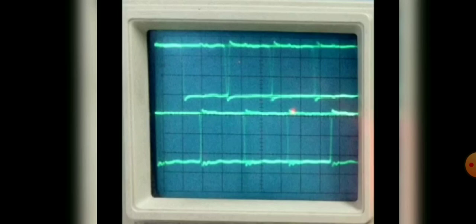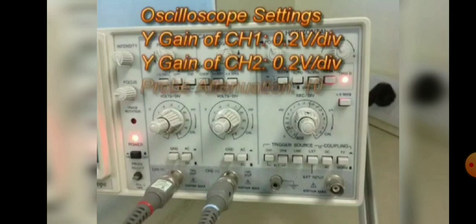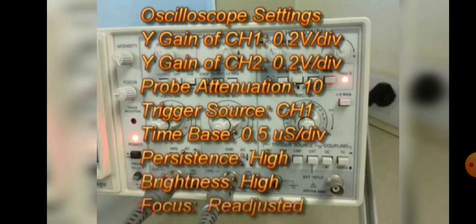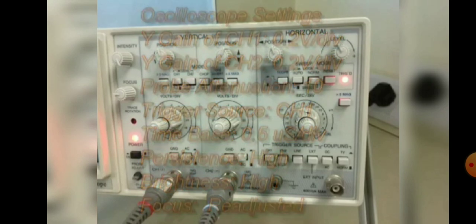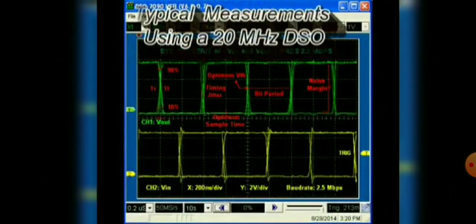It is the closest view of the eye pattern displayed in the CRO. Now see the oscilloscope settings which are displayed in the CRO. And this is our typical measurement using 20 MHz DSO.